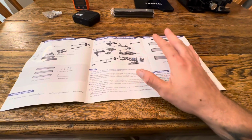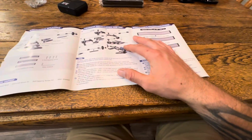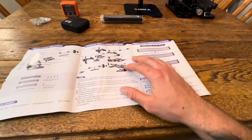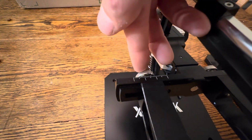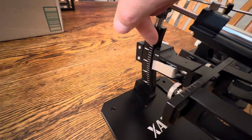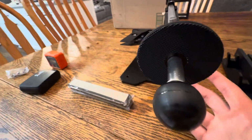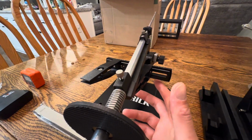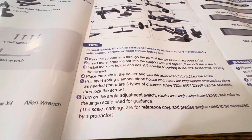explanation on how to do everything. I want to know what these tick marks mean. I want to know what these reference. I want a guide to that. I want a guide for each step, for everything. Who doesn't want that? As someone new to sharpening, or just someone new to the system in general, that is